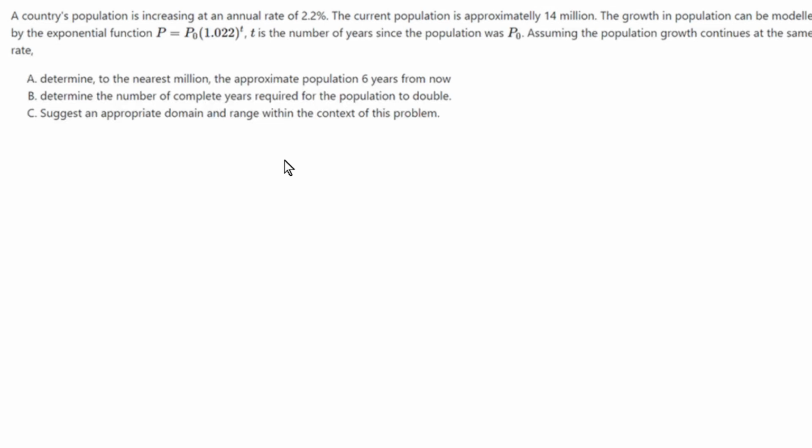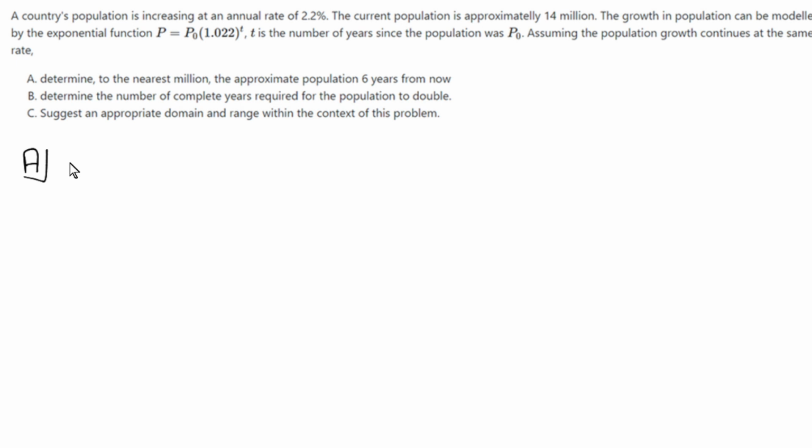A country's population is increasing at an annual rate of 2.2%. The current population is approximately 14 million. The growth in population can be modeled by the exponential function p equals p0 times 1.022 to the power of t, where t is the number of years since the population was p0. Assuming the population continues to grow at the same rate, determine to the nearest million the approximate population 6 years from now. So in A,